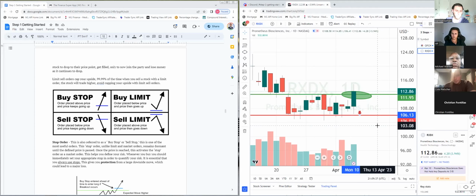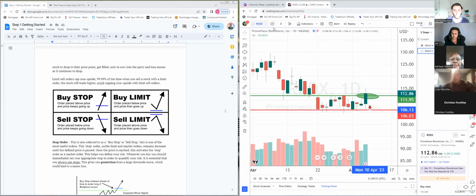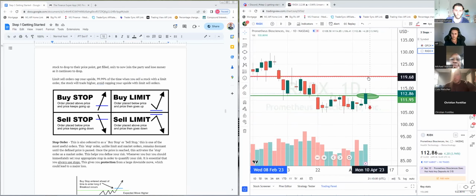We really try to avoid limit orders because you're often going counter trend. So if you're using a buy limit, you're buying below the market price, and you're basically trying to go against the overall trend. And on the selling side, with a limit sell order, you're capping your upside. So if I think RXDX tomorrow is going to go to 120 and it can't go any higher, I put my limit sell order here, but it goes to 125, I cap my upside, and that's something we try not to do. Now, do we use limit orders? Do we use market orders? Of course, but for the majority of the time, we try to focus more on the buy and sell stops